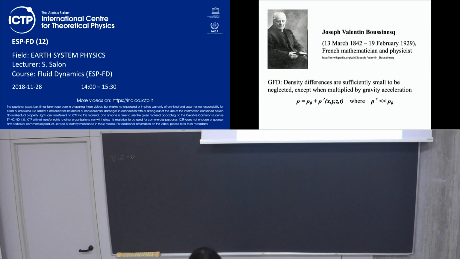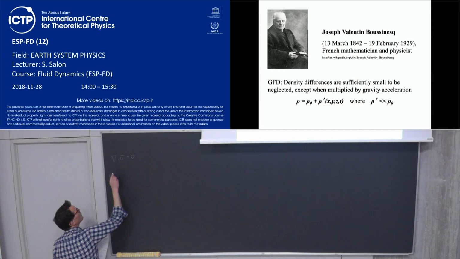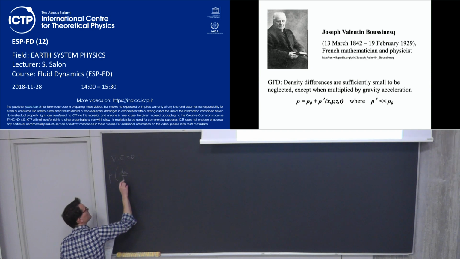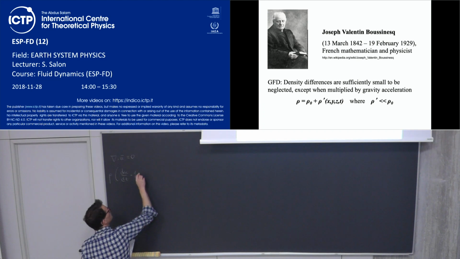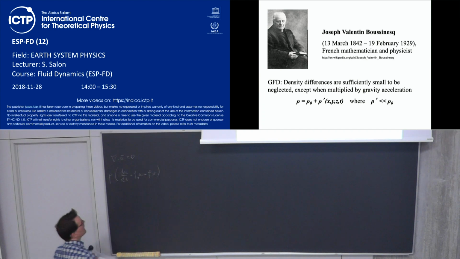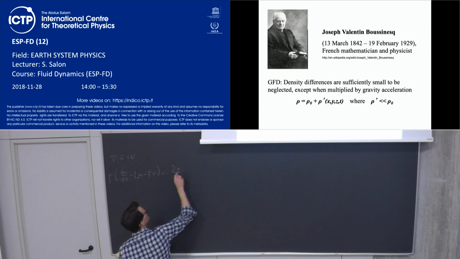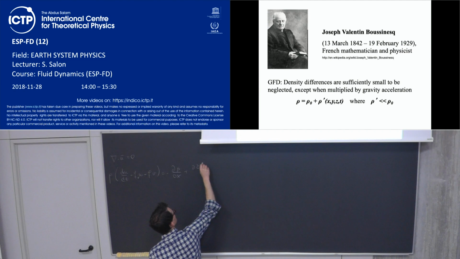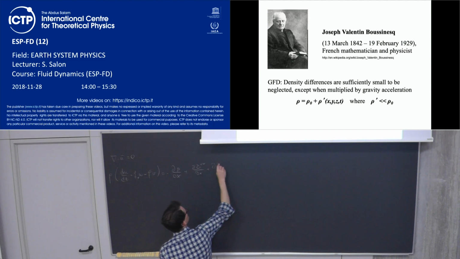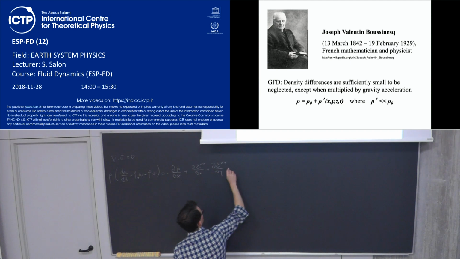Okay, so let's look at what happened to the other equation, to the momentum equation. So for example, the X momentum. So we wrote yesterday the X momentum, du over dt, and then we have the two terms coming from the Coriolis force, and then we have the gradient of pressure along X plus the three terms of the stress tensor,